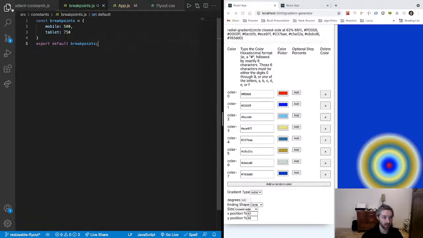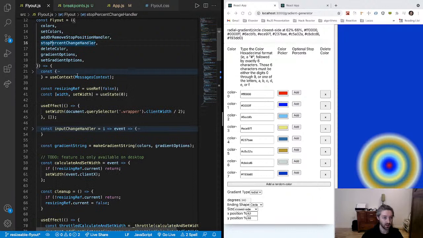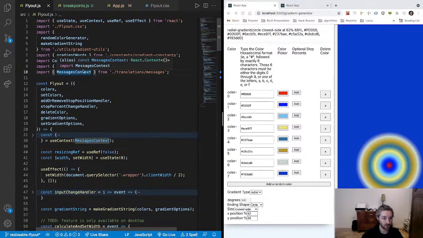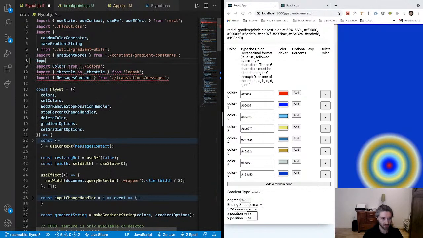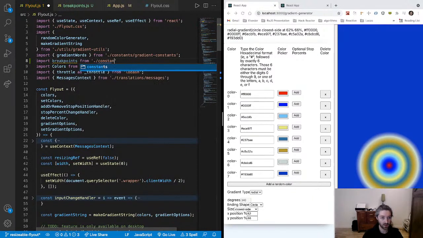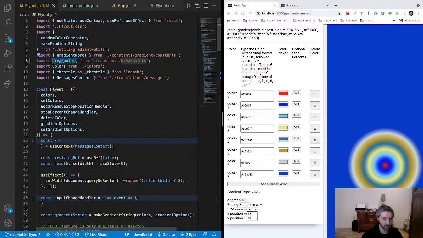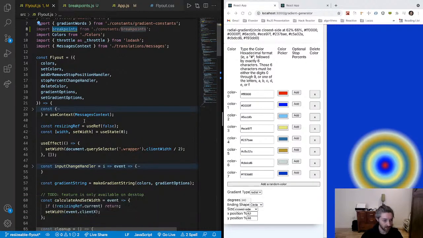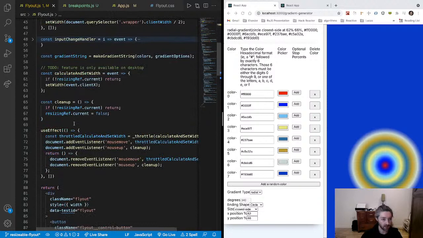So then in here we would do import breakpoints from constants. Breakpoints, breakpoints dot mobile, and so this would be